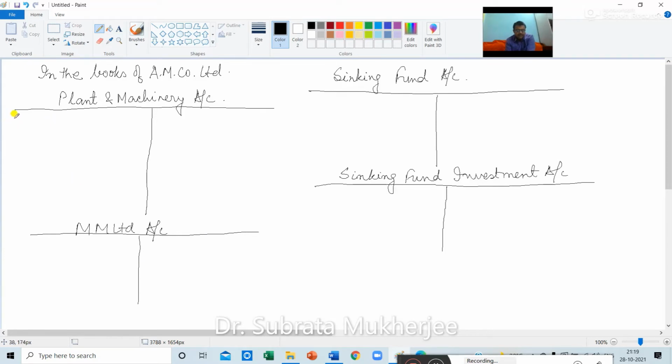So the balance of plant was rupees 3,50,000. So in the plant and machinery account, I am writing to balance BD rupees 3,50,000. So what is the balance in sinking fund account? So the opening balance is by balance BD. This amount is given at 1,83,750 and the sinking fund investment is the debit balance. So this is to balance BD